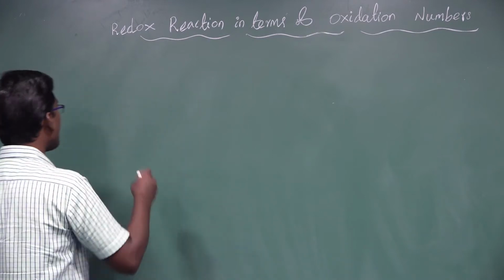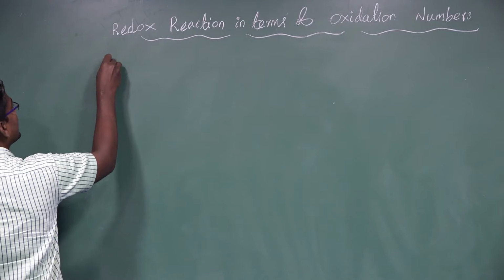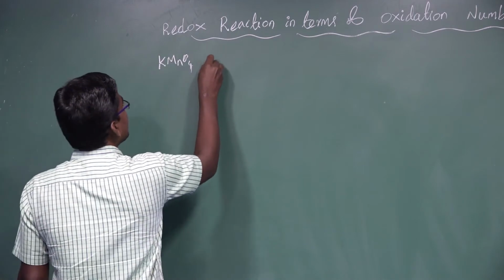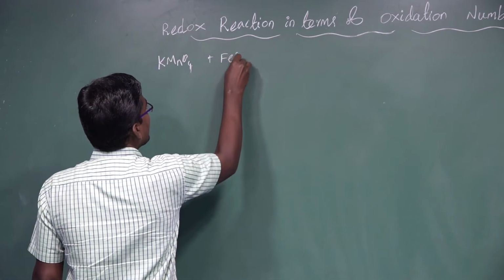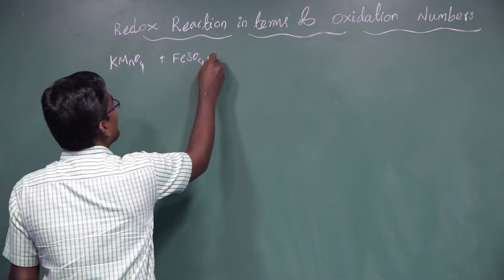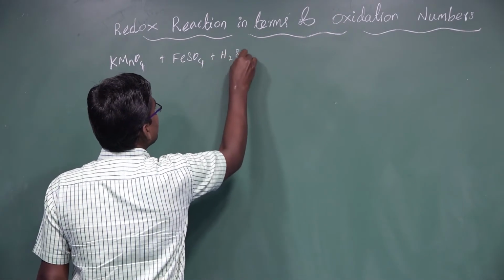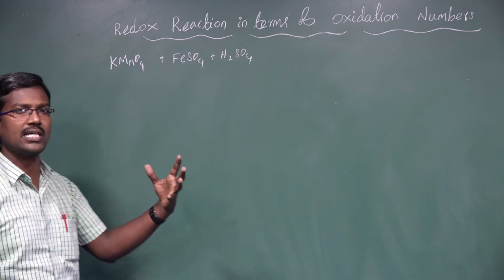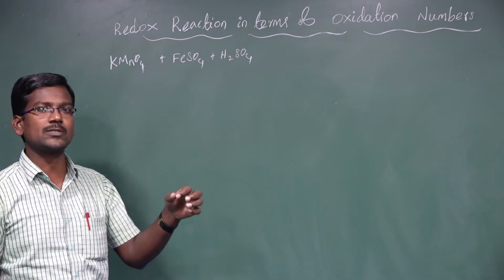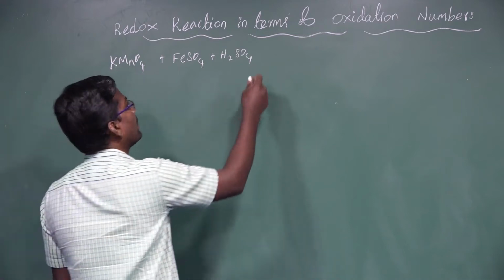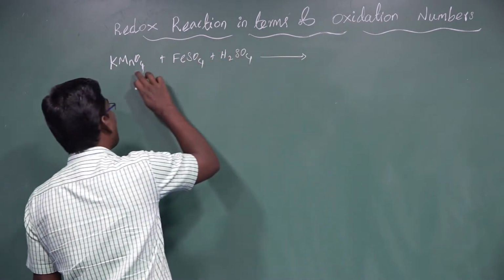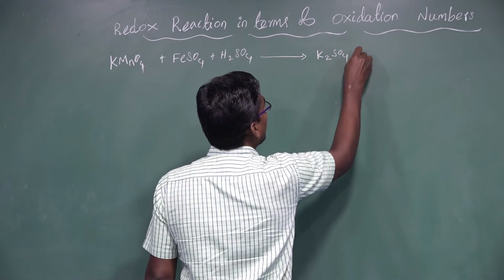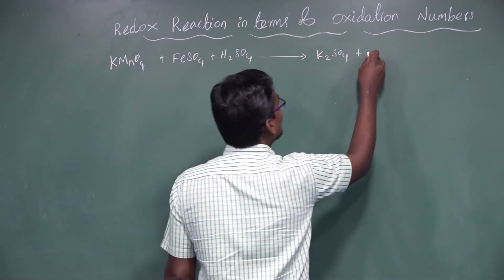For example, oxidation by potassium permanganate, KMnO4. Potassium permanganate reacts with ferrous sulfate, FeSO4, in presence of concentrated sulfuric acid, H2SO4. The oxidation of ferrous sulfate by potassium permanganate takes place in an acidic medium. That's why this reaction takes place in concentrated sulfuric acid medium. It gives potassium sulfate, K2SO4, plus manganese sulfate,